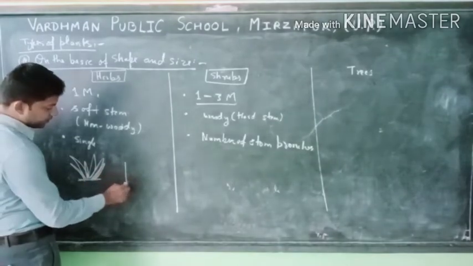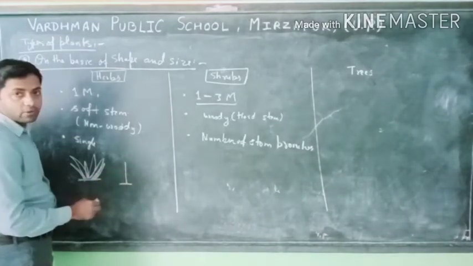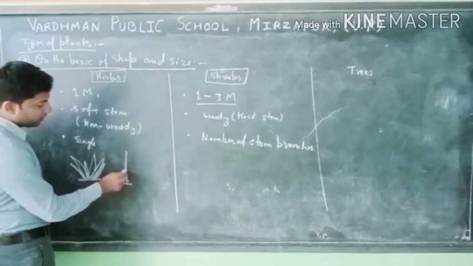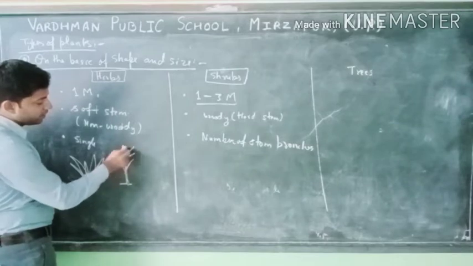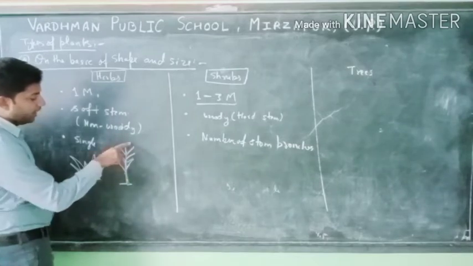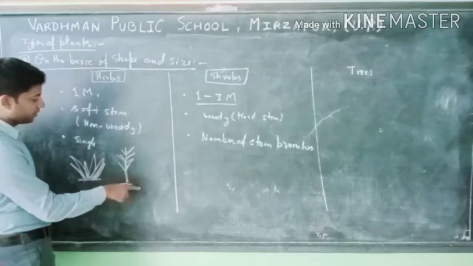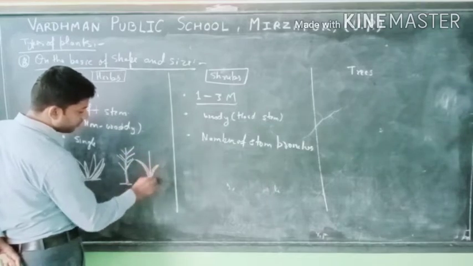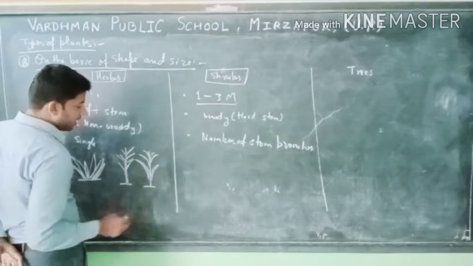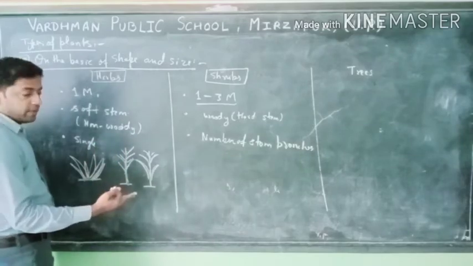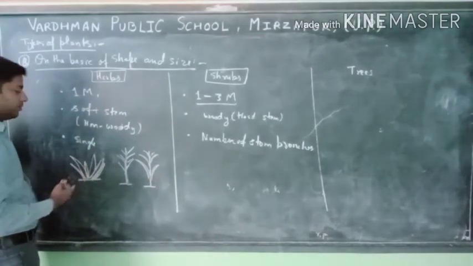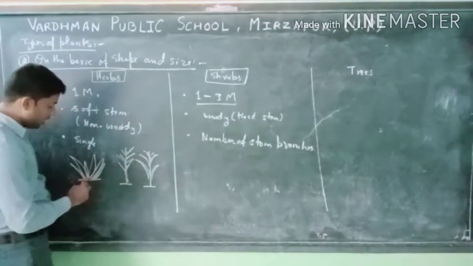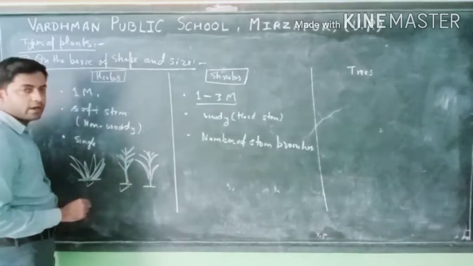except tulsi. If we talk about the tulsi plant, it consists of only a single stem formed at the base, and a number of branches appear at the uppermost part, and its height is less than 1 meter. In the same way, the wheat plant, rice plant and maize plant are also considered herbs. It means in the case of herbs, wheat, rice, maize, barley, oat, all types of grasses and the tulsi plant are present.